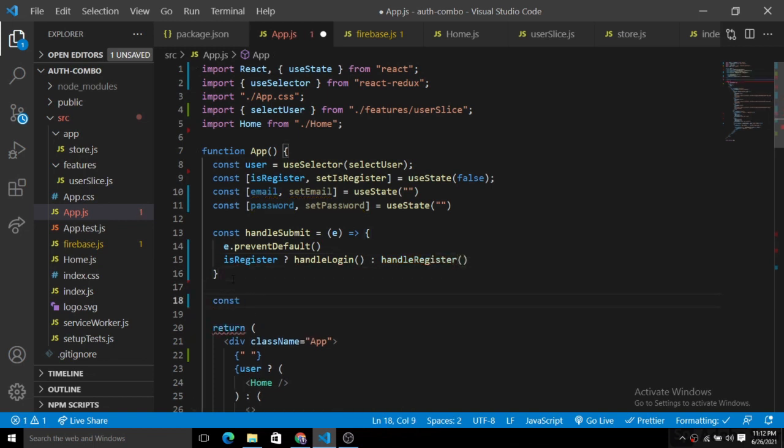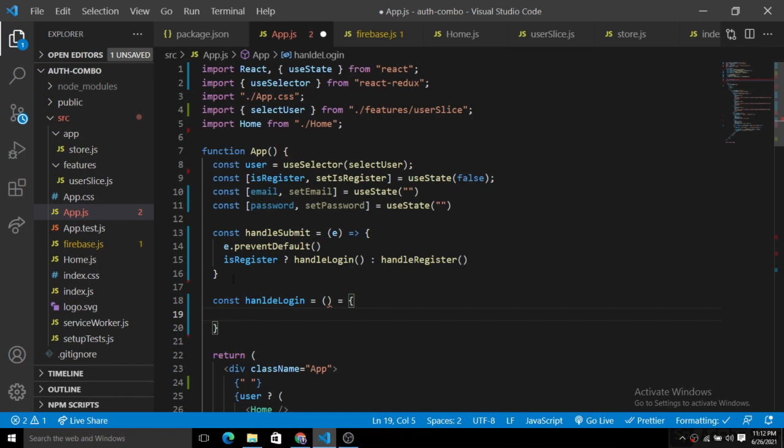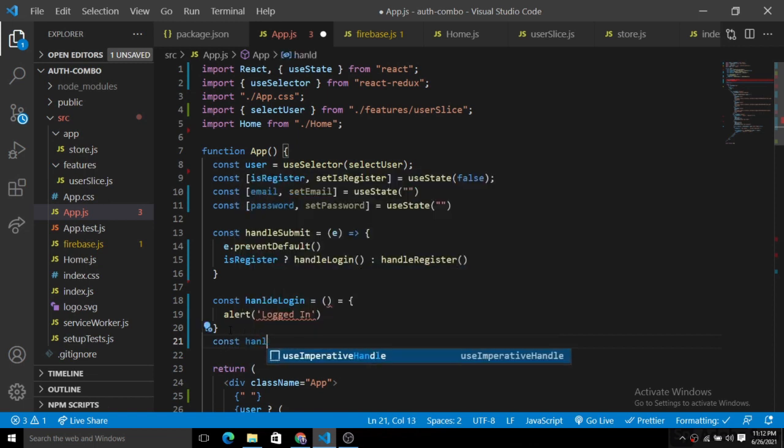So const handleLogin like this. For testing purposes, we just put an alert, logged in, like this. And const handleRegister function also, so handleRegister like this.